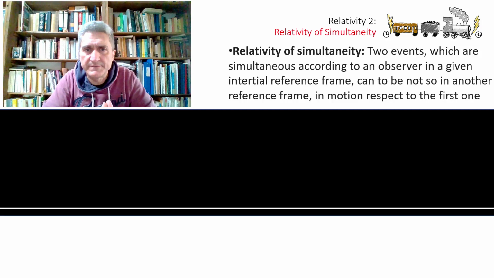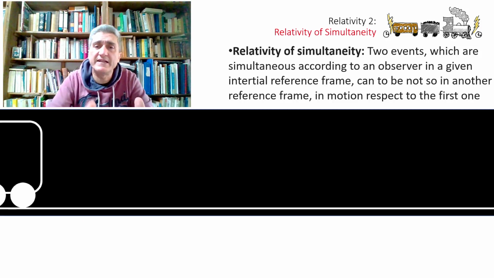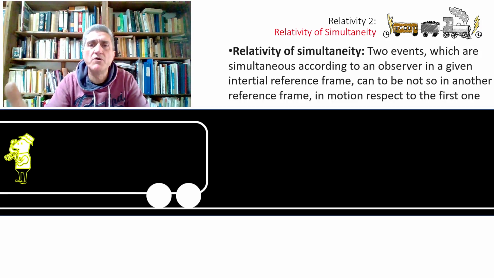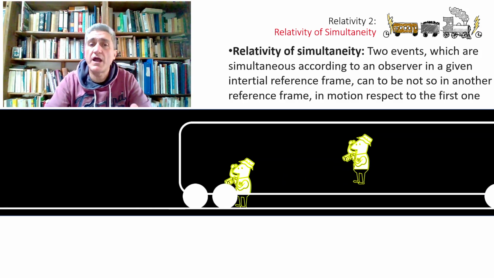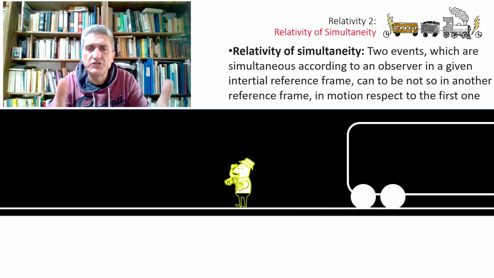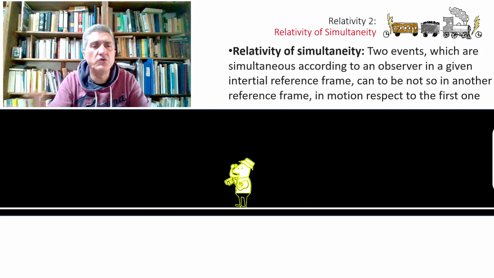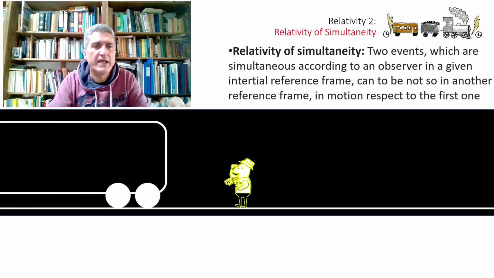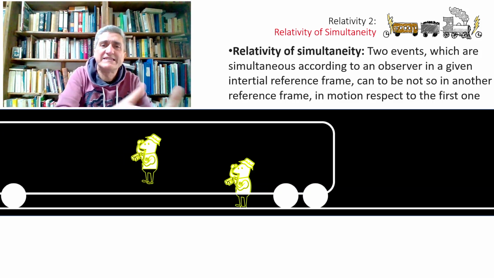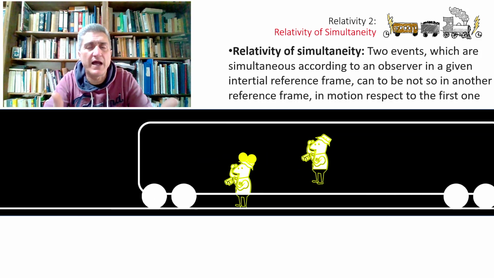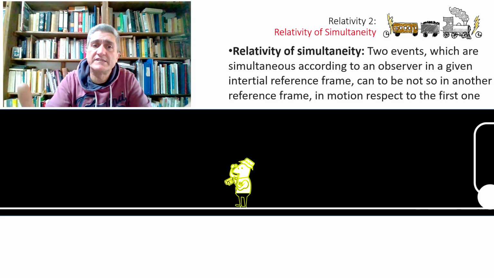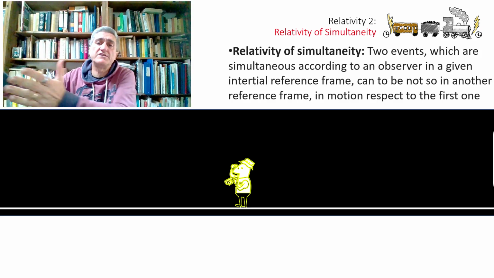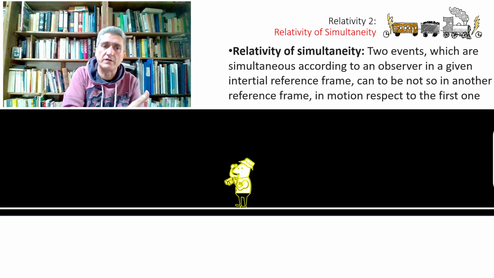For instance, take two observers. The first is placed at the center of a train carriage moving straight with constant velocity, and the second is placed on the ground nearby. Let two lightnings strike the two ends of the carriage. If the observer on the ground sees the two flashes at the same time, this is not so for the observer on the carriage. He will see the flash on the front side of the carriage first and then the other one.